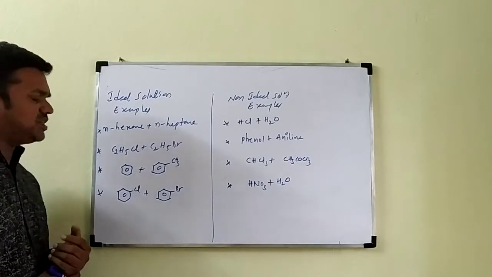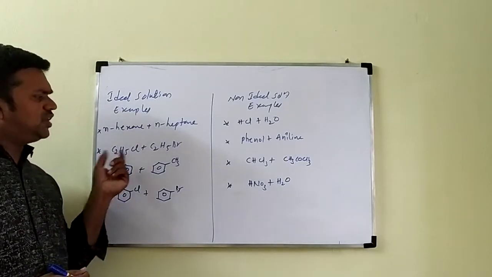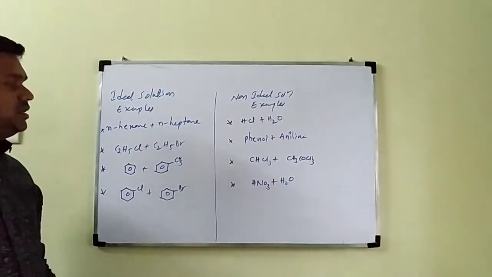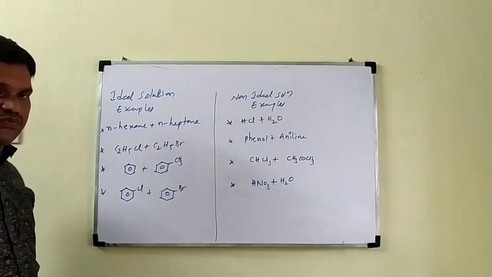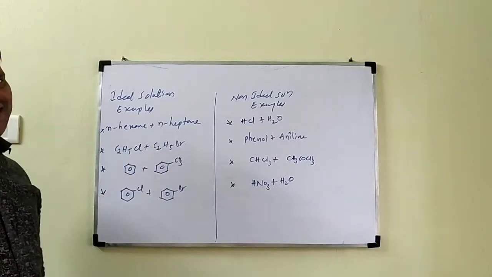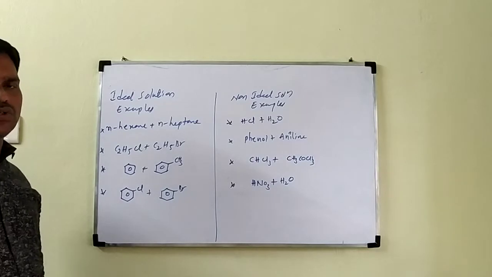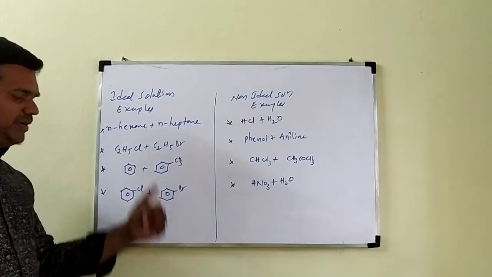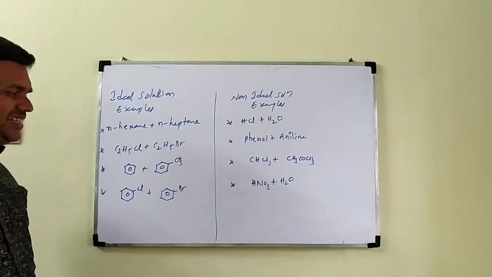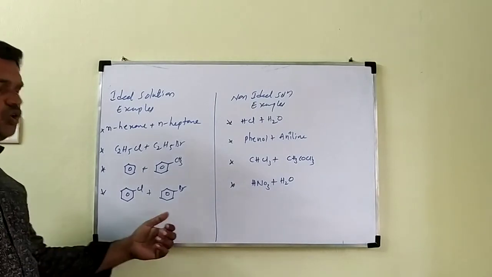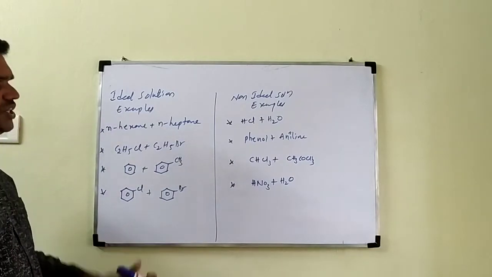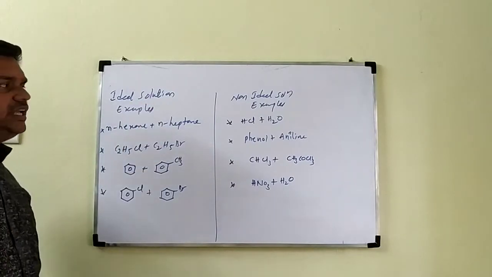Come to C2H5Cl and C2H5Br. We are observing dipole-dipole interactions in both. After mixing, we get a final solution with interactions also dipole-dipole only. And benzene and toluene, here also both are organic solvents, so we are getting the same interactions. Here you can see chlorobenzene and bromobenzene, these are slightly dipolar. That mixing gives what solution? Ideal solution only.